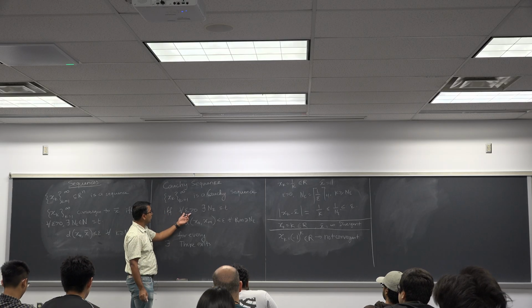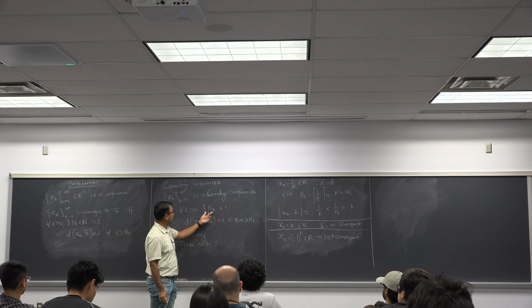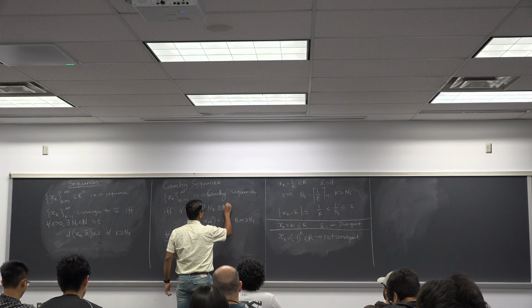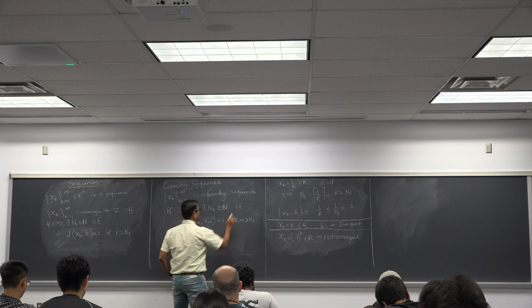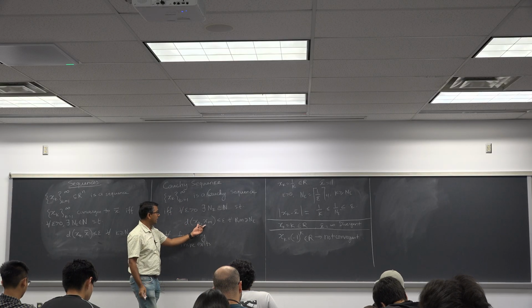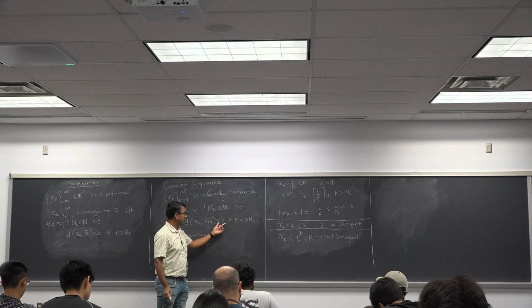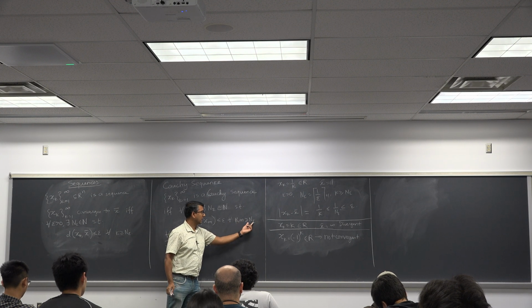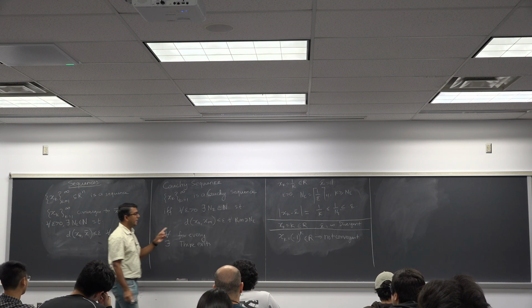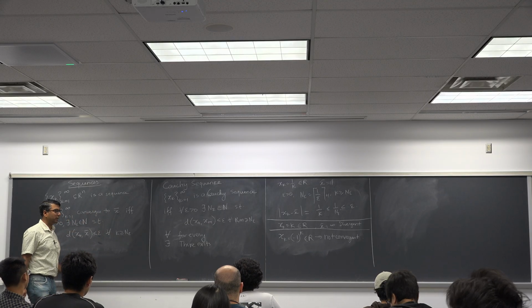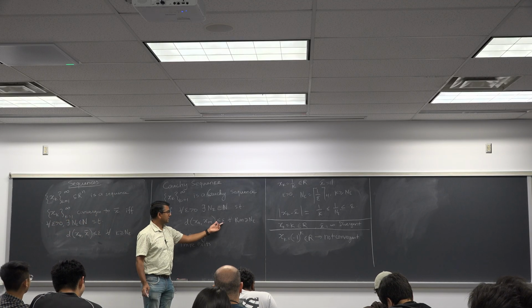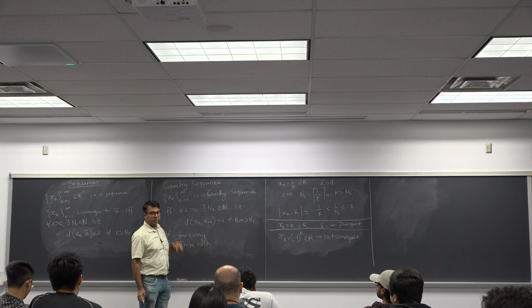So for every epsilon greater than 0, there exists an n epsilon, which should be in the space of natural numbers, such that the distance between xk and xm is less than epsilon for every k and m greater than or equal to n epsilon. So both k and m have to be greater than or equal to n epsilon. And if the distance is always less than epsilon, then it's a Cauchy sequence.